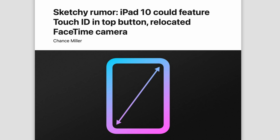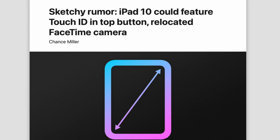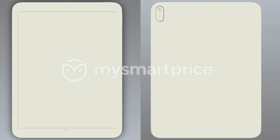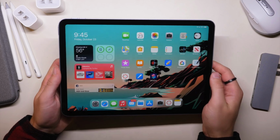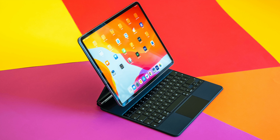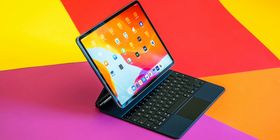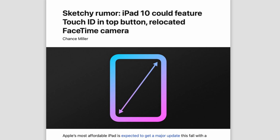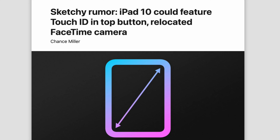So they say the overall dimensions of the CADs are right, which to be honest is kinda confusing because if you take a look at the dimensions MySmartPrice gave us, those don't match the iPad Pro 11-inch and the iPad Air 5, which would be pretty odd because surely Apple wants us to work with first-party cases and share the 11-inch keyboards those iPads have, and so why would this be slightly taller and wider than those iPads? Now yes, I know the difference is pretty small, so I guess you could argue the rough dimensions are mostly accurate,